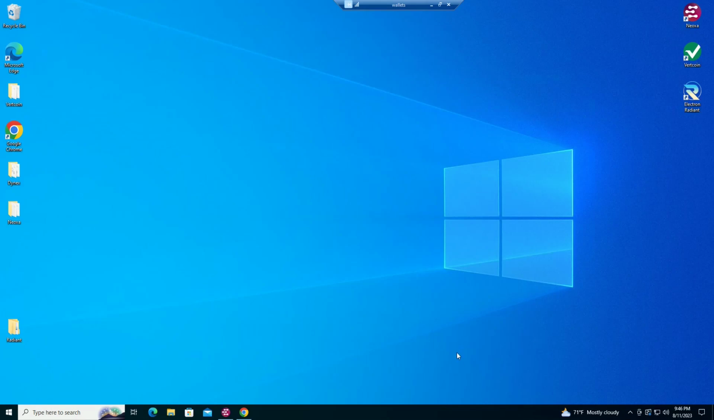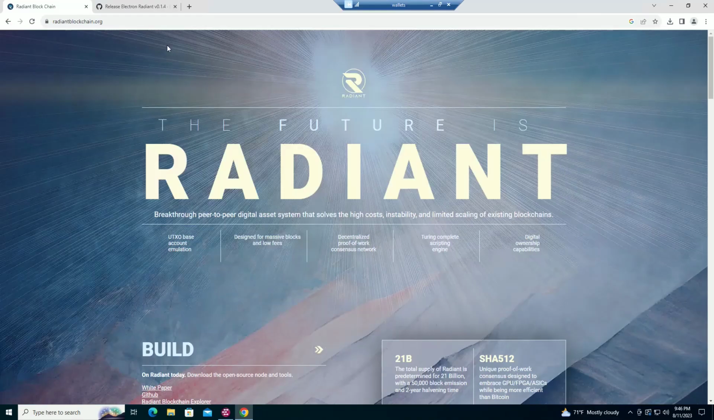So, what we're going to do today is set up one of our Hive OS rigs to mine Radiant. First of all, we need to install a Radiant Core wallet, which I have already done right here, but I will still run you through the quick process of doing it. First thing we need to do is go to